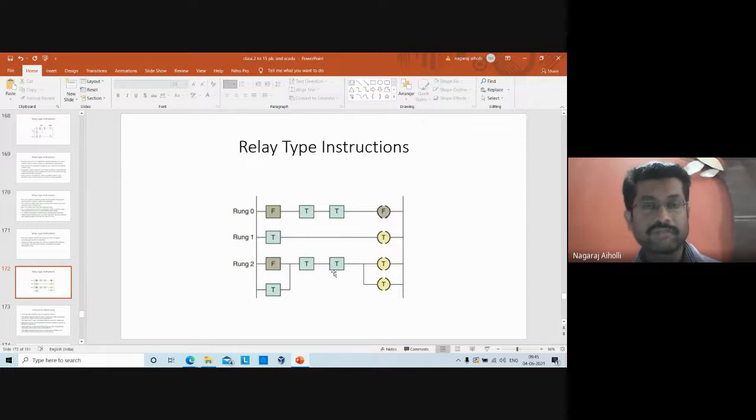Of course there is false, but the true is being activated because of the branch here. There is a branch which is true, and these two are also true, and hence the output will become true. It evaluates either this condition or this condition. It's an OR statement here. When it is in series, it is considered an AND function. When it is in parallel, it is considered an OR condition. This or that, that or this. Series means this and this and this and this. That is the difference between series connection and parallel connection.